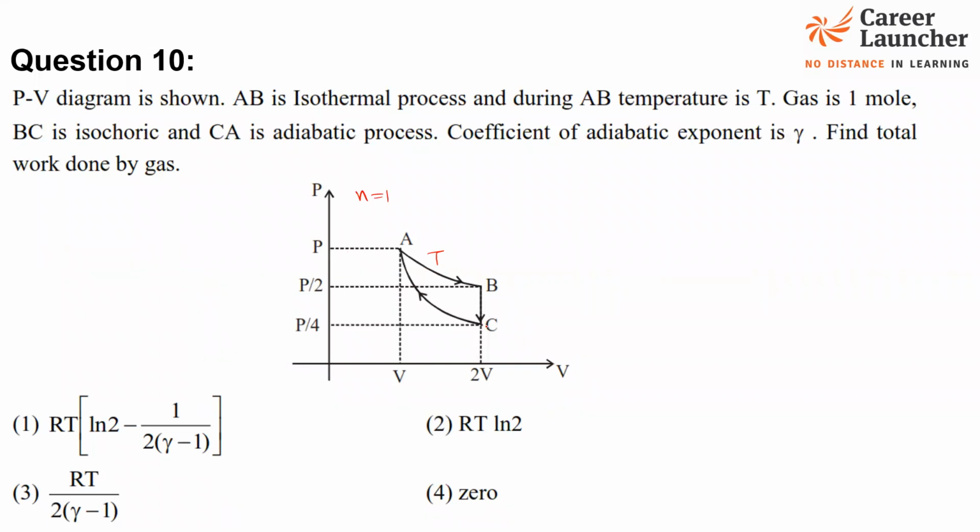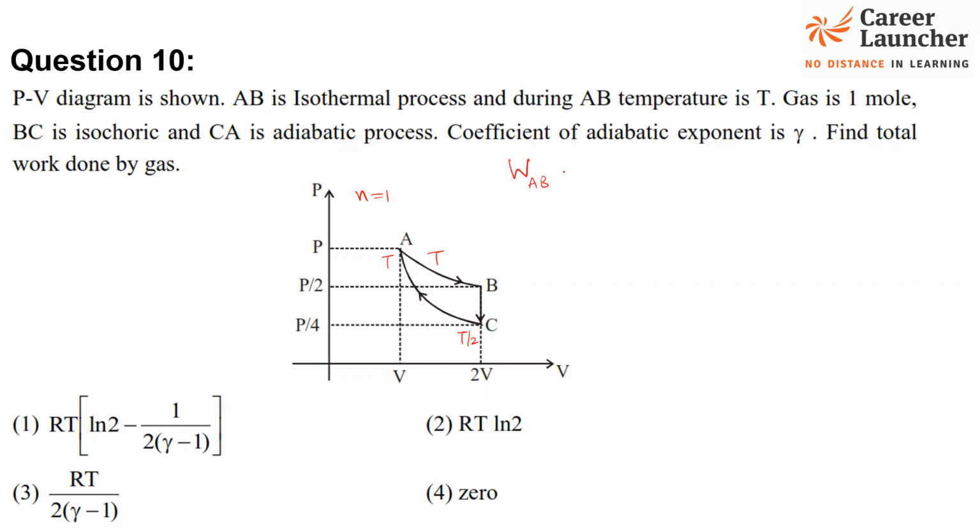All right. Now, B to C, there will be no work done. And C to A is an adiabatic process, which is going to be negative work done, because the compression is happening from 2V to V. Now, if the temperature at B is T, then at C, pressure is reduced to half, so temperature will also reduce to T by 2, and again the temperature is coming out to be T. So as you can see, the temperature is increasing, that delta U is positive, means work done will be negative. So let us write down work done for each of the processes.